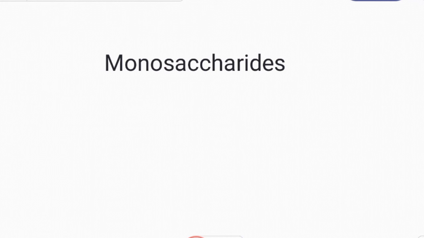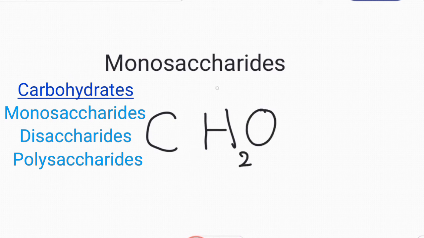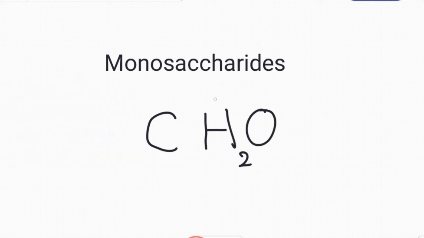In this lesson, we'll talk about monosaccharides. Now we know that carbohydrates can be categorized into three major groups: monosaccharides, disaccharides, and polysaccharides, depending on the complexity of these molecules. They also have that same general formula, having carbon, hydrogen and oxygen in 2:1 ratio. So the formula